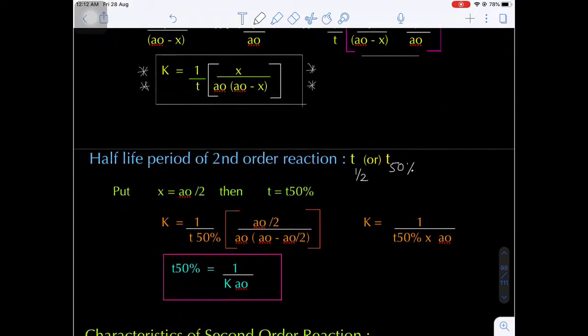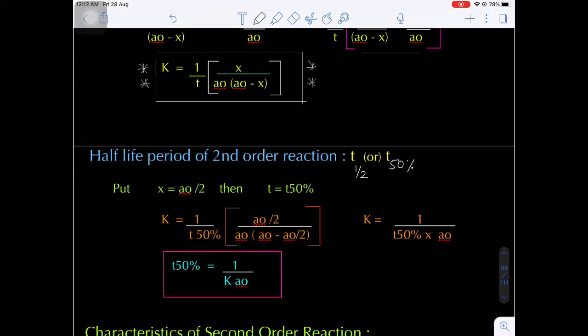Okay, now what is the half-life of second order kinetics? Now t50 or t1/2, t50%, when 50% of the reaction gets completed. That means the concentration of product x will be equal to 50% of the concentration of the reactant, that is A0 by 2. Then the time taken will be called t50. So instead of x, I am writing A0 by 2 divided by A0 into (A0 minus x), again writing A0 by 2 instead of x. So A0 by 2 in the denominator and numerator gets cancelled. So you will have A0 in the denominator.